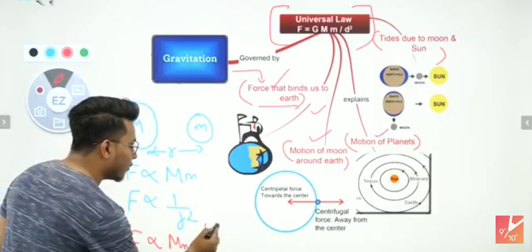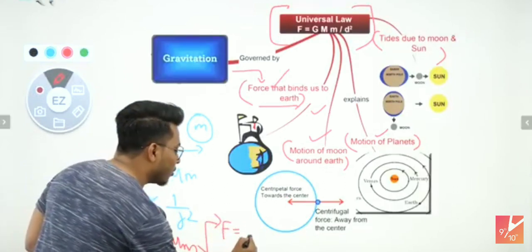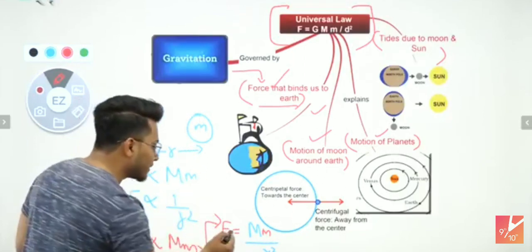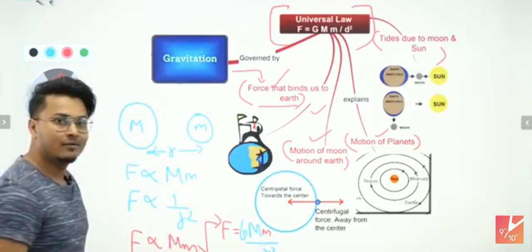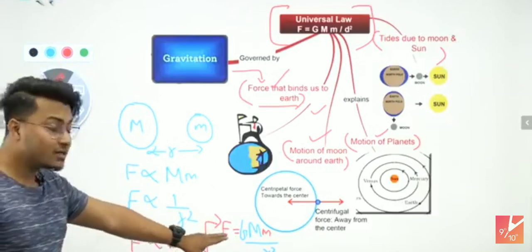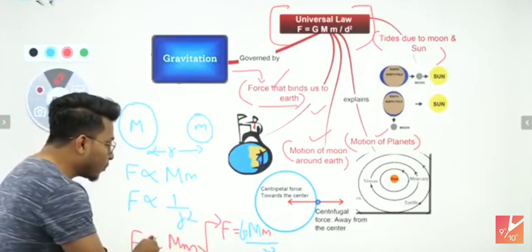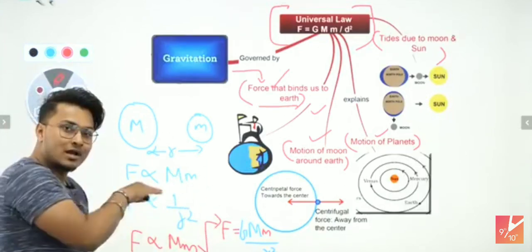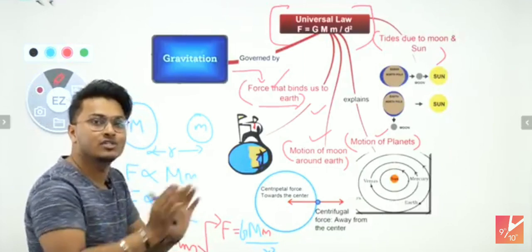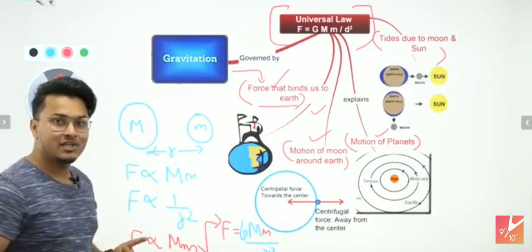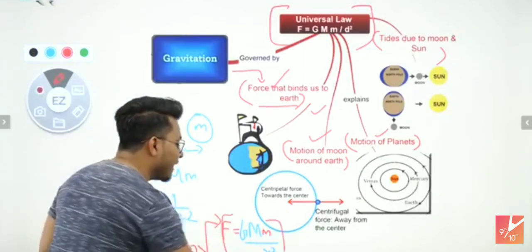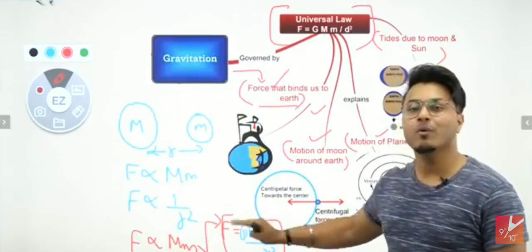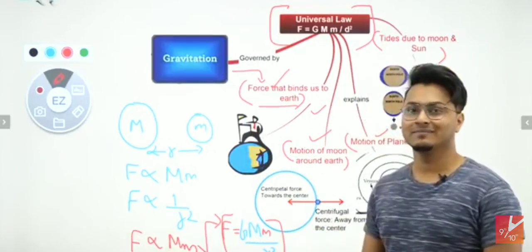So this will be equal to what? F is equal to G M m by r square, where G is the proportionality constant. How did the proportionality constant come? I replace the proportional symbol with an equal to symbol. Whenever I change the proportionality symbol to an equal to symbol, I need to put a constant there, and I put it right there. What is this G now? Before that, this is the main and important formula which you should note down right now, guys, because you will get numericals on it. Note it down.